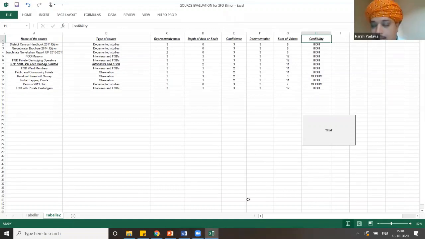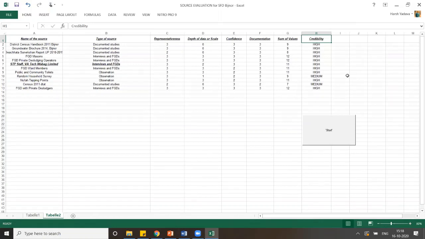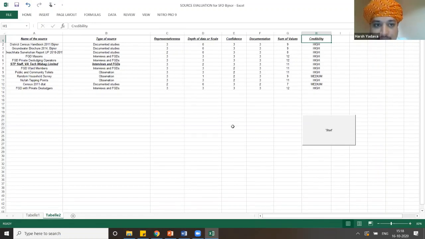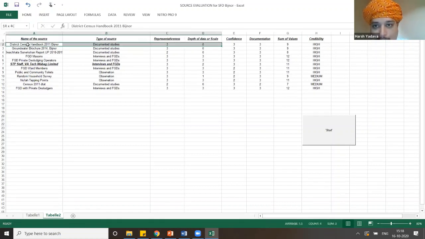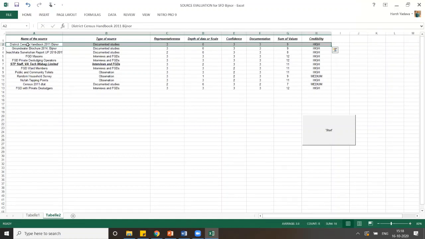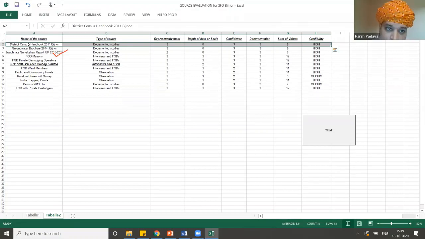I have a question, Harsh. Just a second. Yeah. Have you yourself put down these sources, or do we have to mark them according to our SFD? Yeah, right now I'm giving you an example. These earlier ones were put by me only. So allow me to annotate. You can remove the annotations later. Say for example, this report, Swachh Sarvekshan report UP 1819. Say for example, if I don't have this report, or maybe I have some other document. So Richa, you will have a blank Excel sheet. You will have to fill it up on your own.